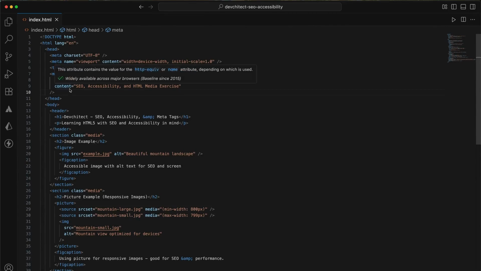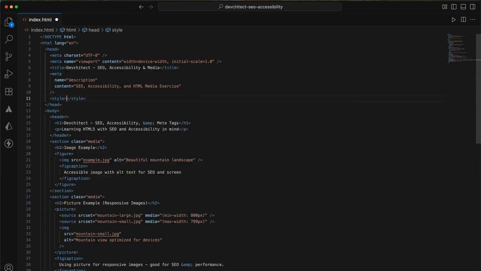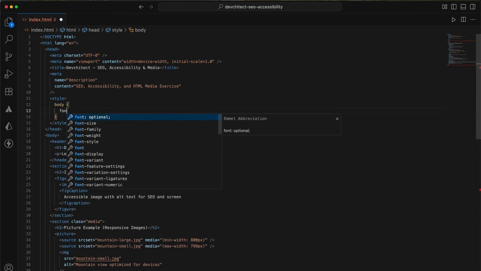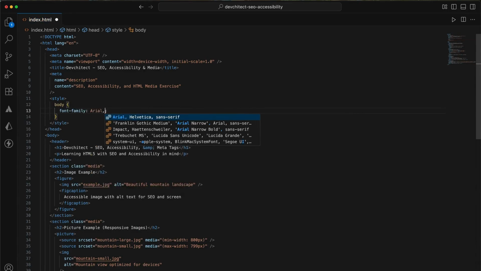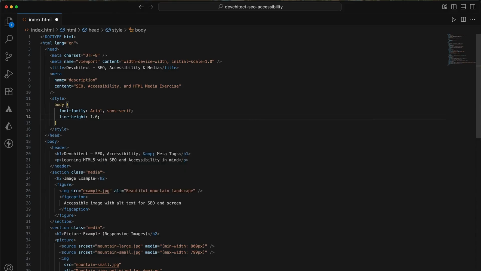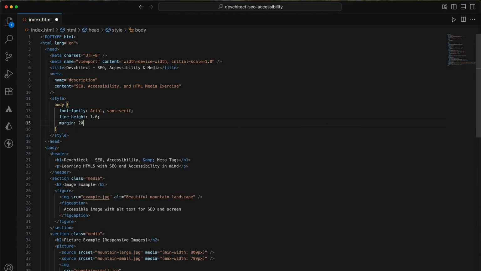Let's fix that by adding a style tag inside the head of our HTML. First, I'll style the body. Here I'm choosing Arial with a sans-serif fallback, giving text a line height of 1.6 for readability, adding a 20-pixel margin around the page,